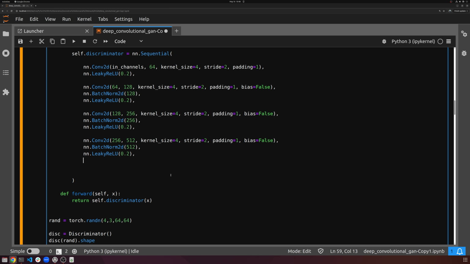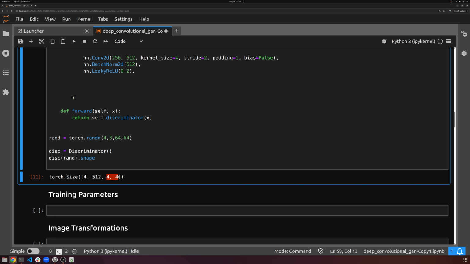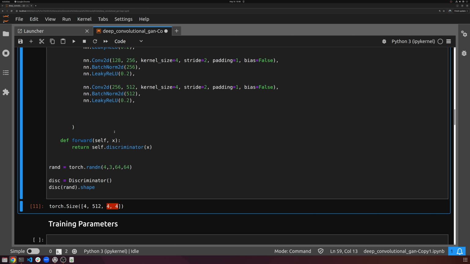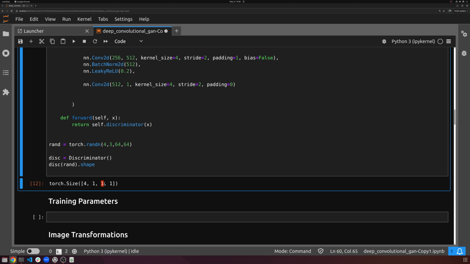And then, let's see what happens when we apply all this. We can see we're down to a 4 by 512 by 4 by 4. So we're pretty close. Let's do one more, right? One more convolution, nn.Conv2d. It's going to take in 512 channels, and it's just going to output one channel. Again, kernel size equals 4, stride equals 2, padding equals 1. Actually, this time it's thinking padding equals 0. Yeah, padding equals 0. And we can see we're now down to a 1 by 1 by 1, which is